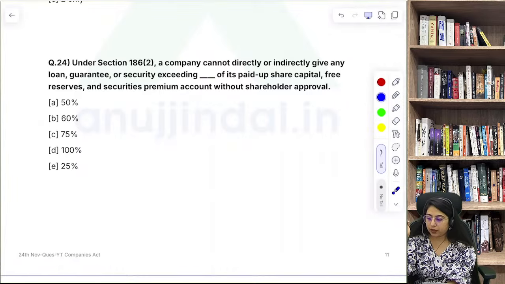Okay, fine. A related party transaction is any business dealing between a company and a related party. Transactions with people or entities related to it, connected to it, like directors, KMPs, relatives of directors and KMP, holding company, subsidiary, firms, private companies in which directors have interest. Absolutely correct. Okay. So question number 24.